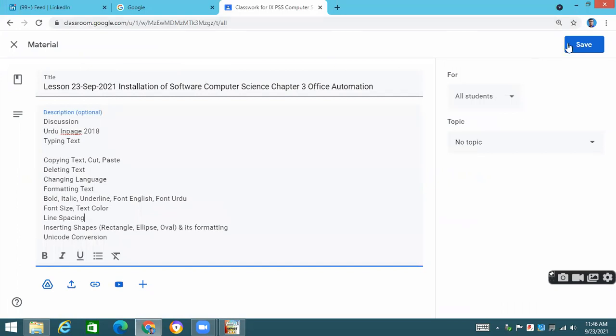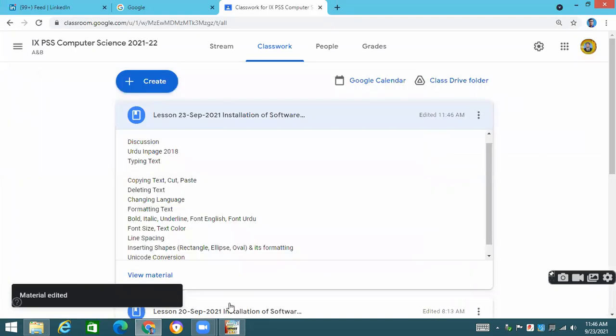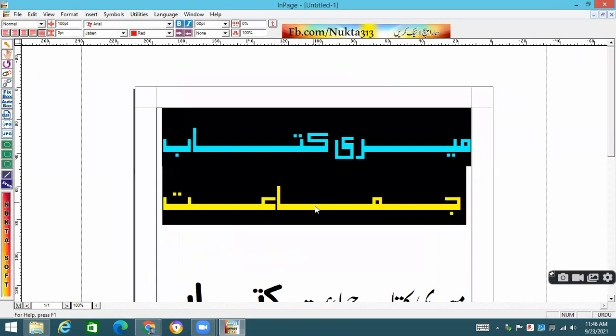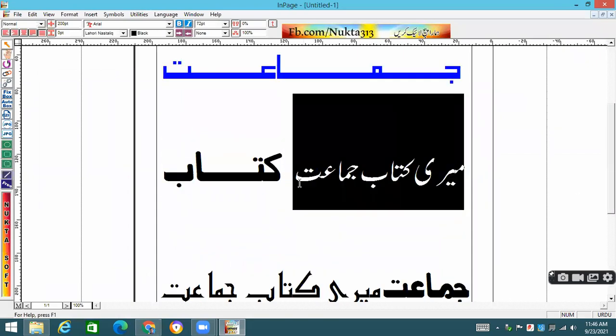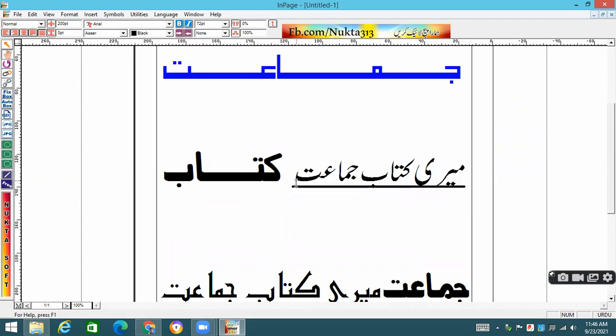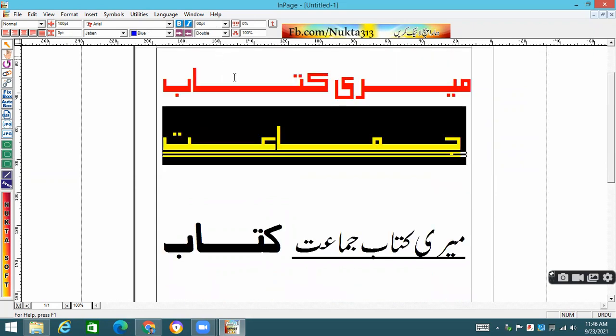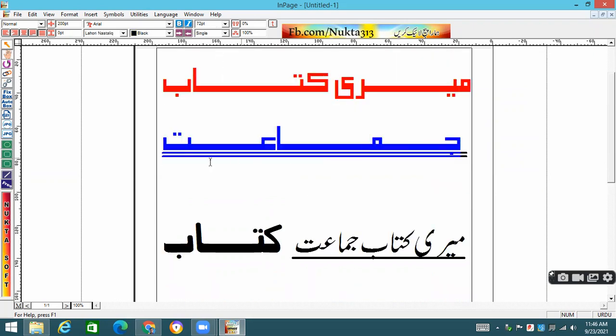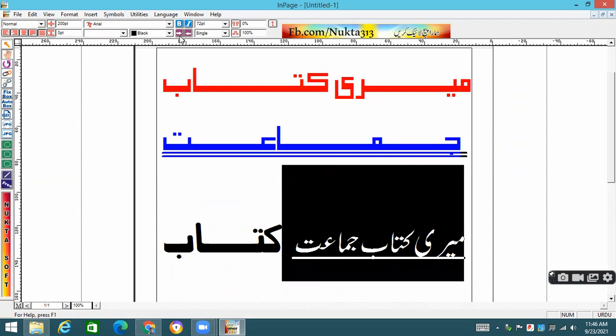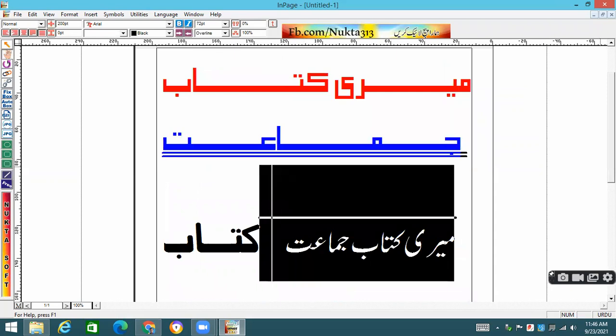This is also covered. Now, bold, italic, underline, overline, this is not covered. Let me show you this thing as well. Select the text. Then you have got this option for the underline. Right now it is none. If I click, a single line will come. You can see over here. If I select this line and I say no, I need a double line, a double line is there under the text. If I select this, it is a single line right now. I go there and I say no, overline, the line is there above the text.